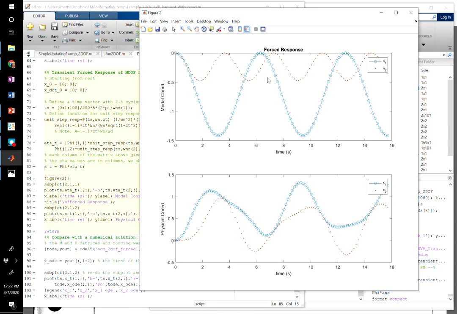Mode 1 and mode 2 have the same kind of form, they just have different frequencies and different scale factors on that vibration. When we put that all together, though, into mass 1 and mass 2, here we see more complicated things happening, right? We see this interplay. So the force is applied on mass 1, so it starts to move first. And mass 2 is lagging. It only feels the force